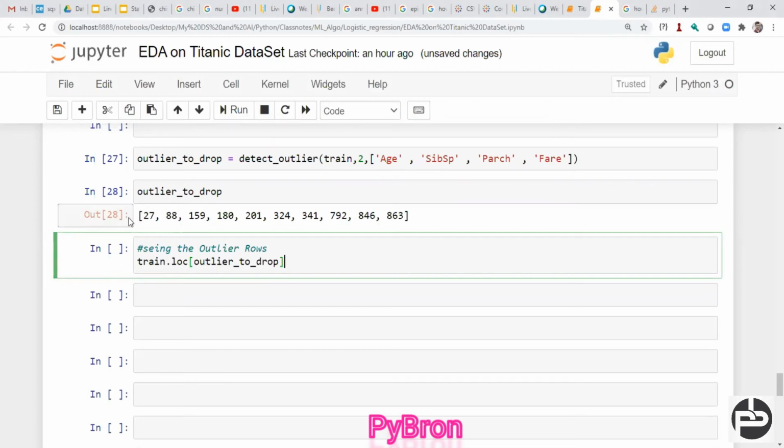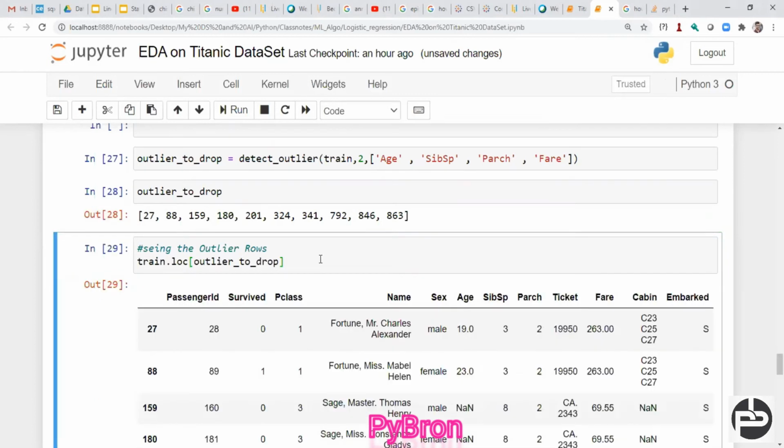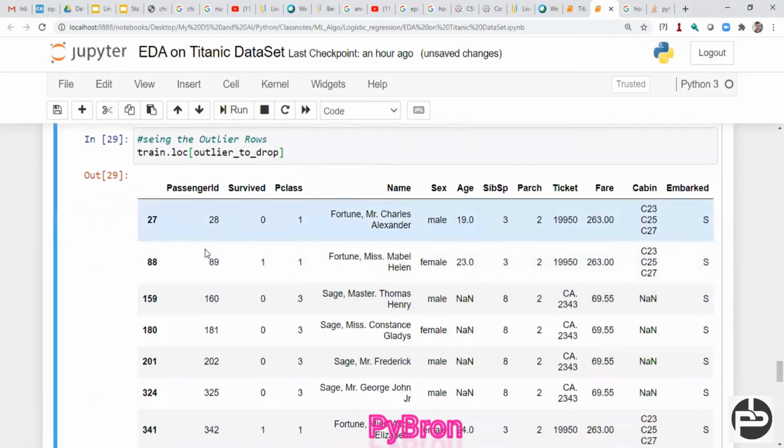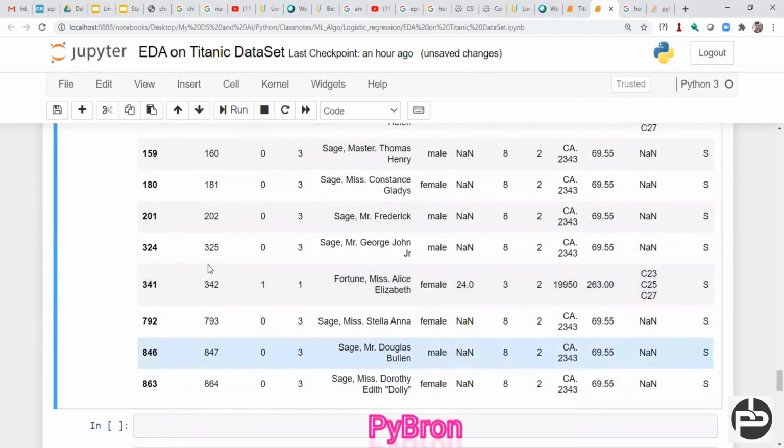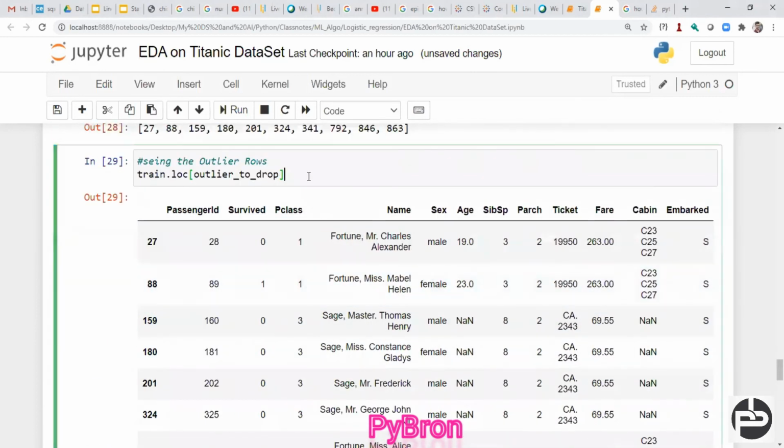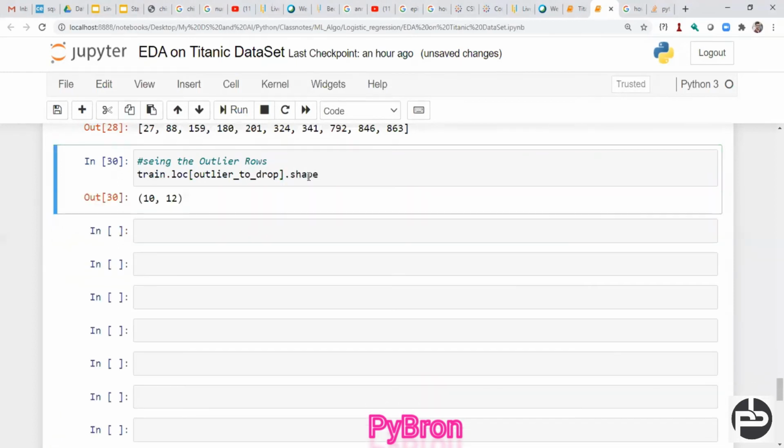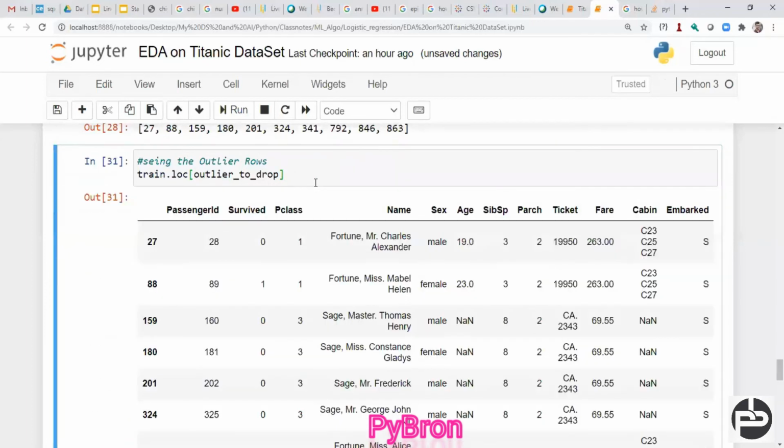And you can see this is the data having the outliers. If you want to check the shape, you can check like this: 10 rows and 12 columns, means a total of 10 rows having some outlier. Okay, cool. Up to this point we are well and good.